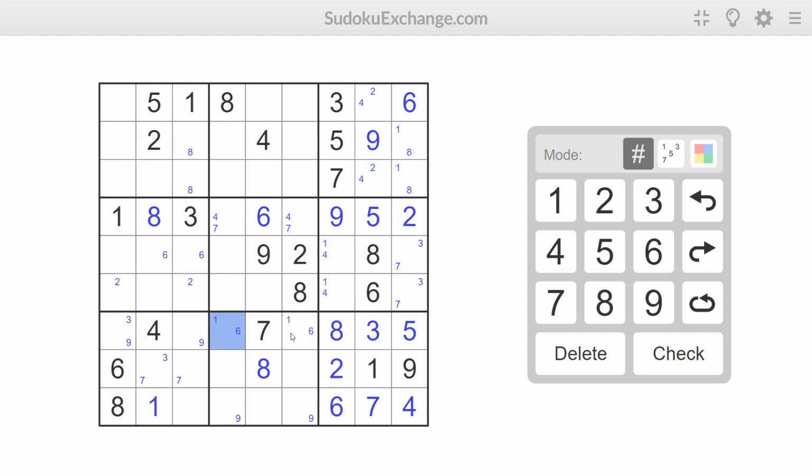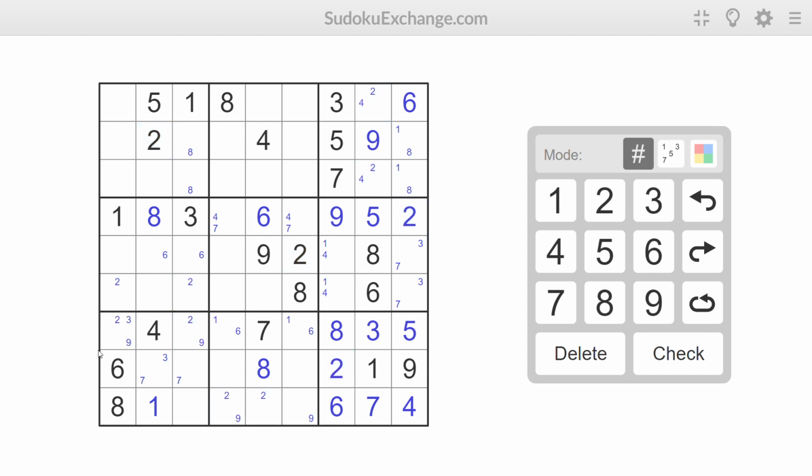These 2 cells can only contain 1 or a 6. So this row is taken. This row can't have a 2 because there's a 2 here. And in these 3 cells, 2 is already there in this column. So these are the only 2 cells which could have a 2. So this row has a 2. This row has a 2. So in this box, either of these 2 places could have a 2,